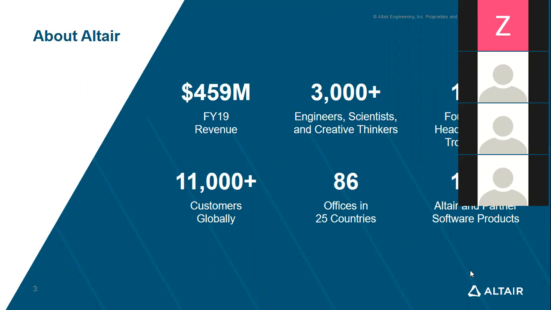Most of you are also aware of HyperMesh, the world known best software, or you can say the tool, for meshing or pre-processing. And from 1985 to 2021, Altair has become a big shot in the market, a company of around $500 million. Altair has 3,000 plus engineers, scientists, creative thinkers, its presence in almost 25 to 30 countries, and more than 11,000